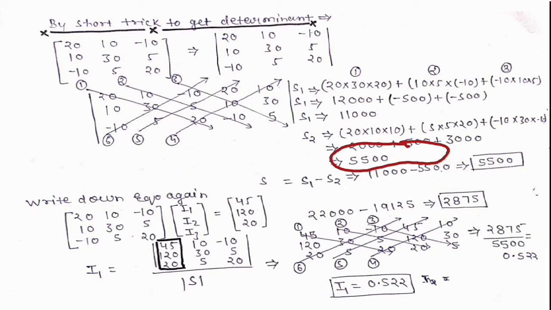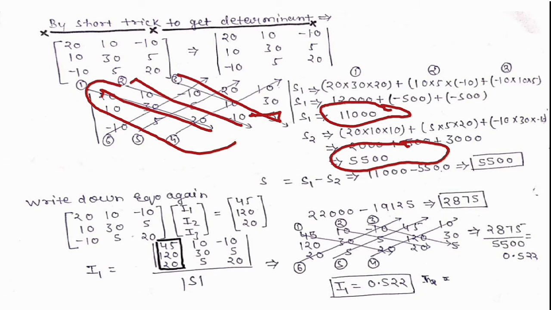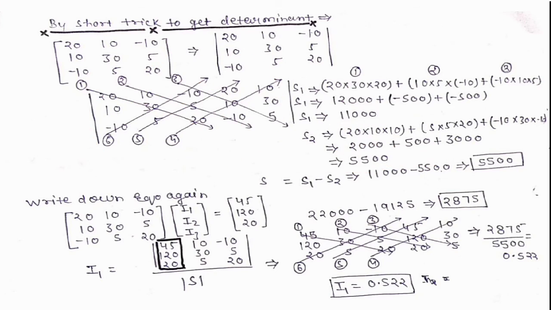And at the last, we subtract: all the multiplication of this value added up with all this value, when we subtract S1 minus S2, then we will get the actual determinant value, that is 5,500, which we already saw in the previous slide. Okay,